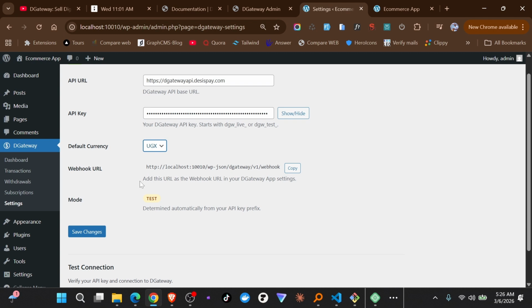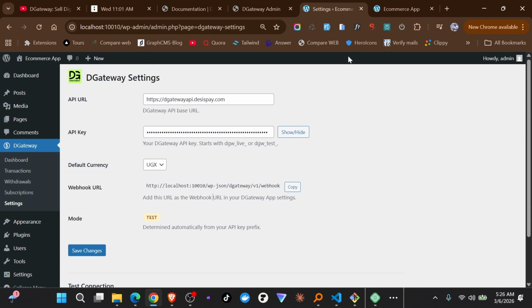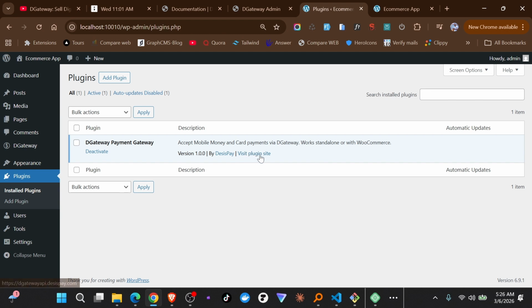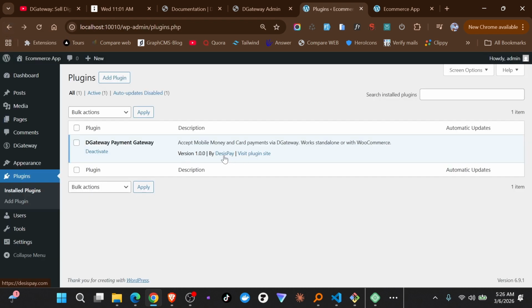And importantly, you see that you have this webhook. Okay, you have this webhook. This is very important. The webhook is going to be communicating with the gateway, sending the request on your behalf and everything. So this is important. So after you get this, let's first go back to the plugins here. After installing the plugin, you see there is this visit plugin site. So when you visit,